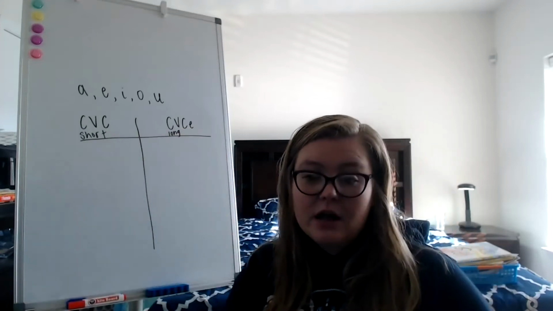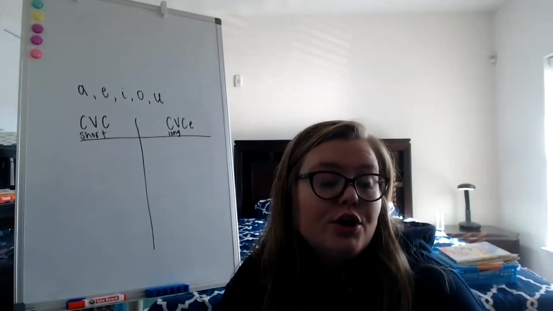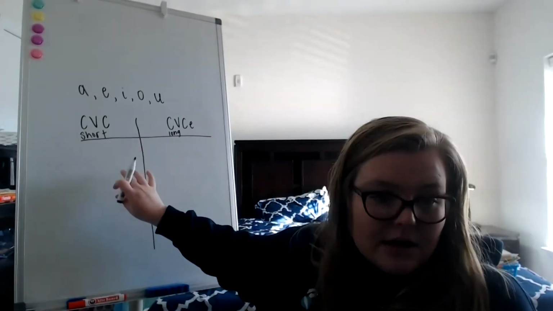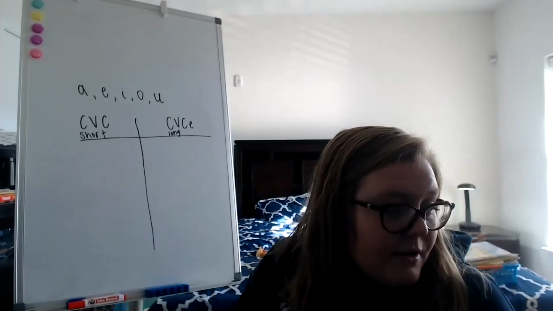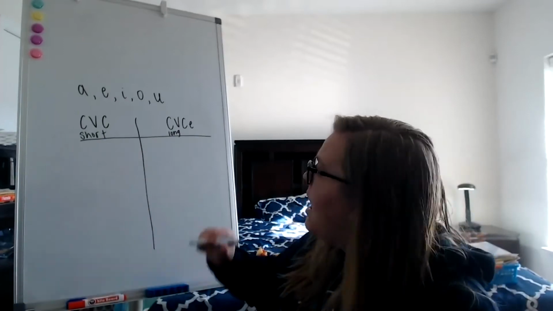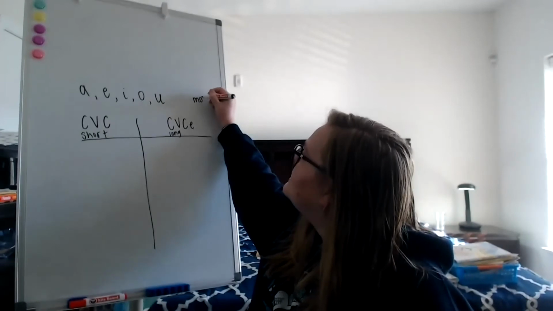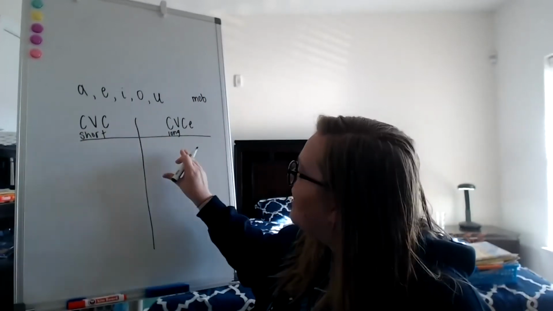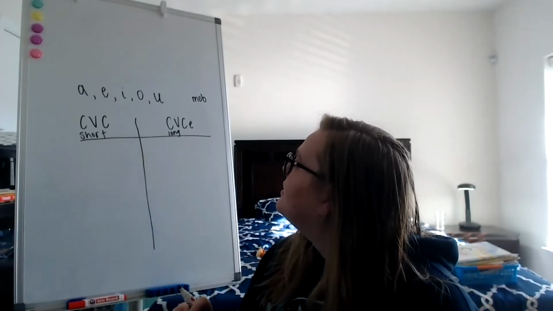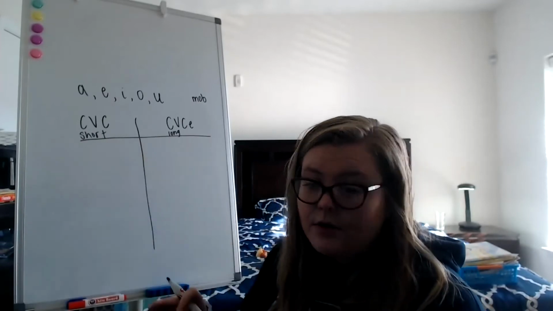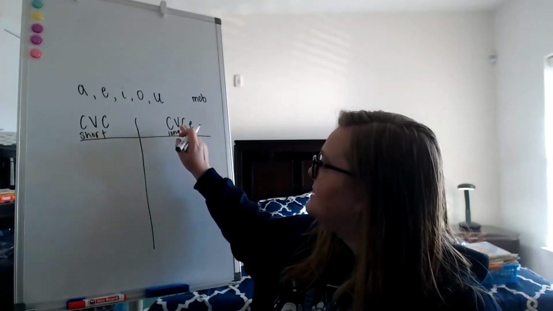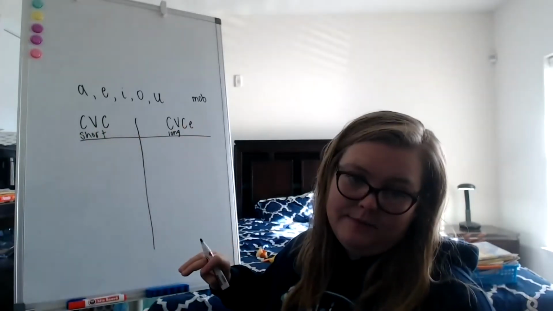So after you've colored all the letters on the page, you're going to look at each word, make a chart like this on a piece of paper, and figure out the first one is mob, which is spelled like this. Mob. Do we think mob goes under short vowel or long vowel? What pattern does it follow? Consonant, vowel, consonant, or consonant, vowel, consonant, silent E?